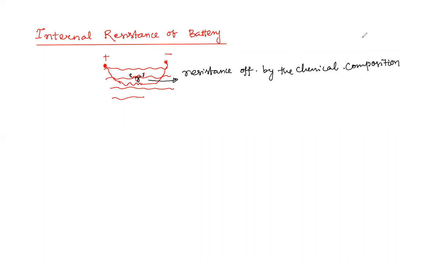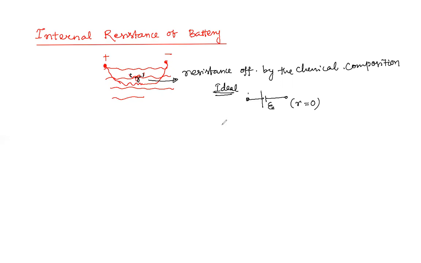So how does it affect it and how is it represented? If you draw a symbol of a battery, all of us know how a battery is represented, it should be represented like this. So batteries are going to be divided into broadly two types. Now one is an ideal battery, which is a kind of battery that has only EMF, and the internal resistance of the cell is equal to 0.